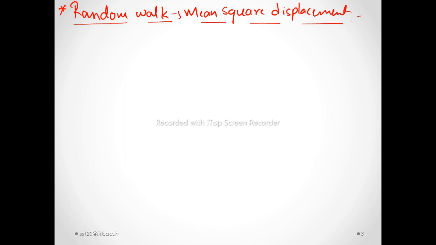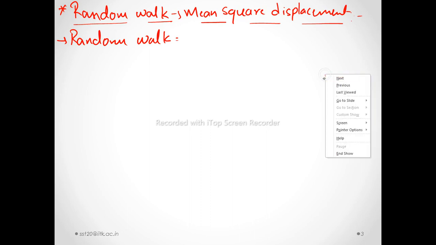So first of all, getting into the topic, this topic consists of two concepts, that is random walk and mean square displacement. So first, what do you mean by random walk? That means, in general, I will explain the concept. Consider